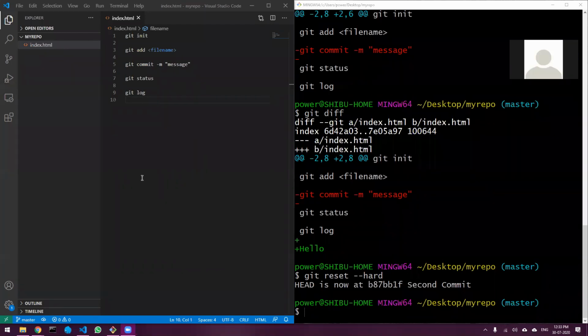Shaista is asking, sir, suppose two parts of the code are deleted. So how will we get to know which part is recovered? See, it is not recovering any particular part. It is just going back to the original state of the last commit. Okay. So whatever was the state on the last commit, it will go back to that. It is not changing anything. Okay.